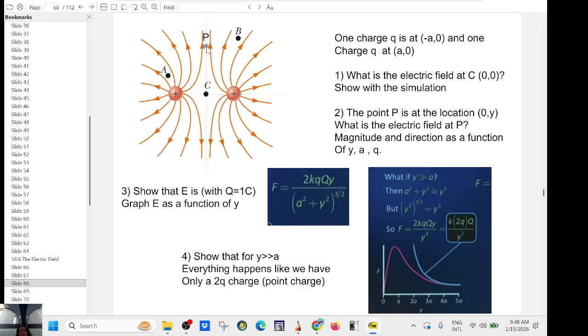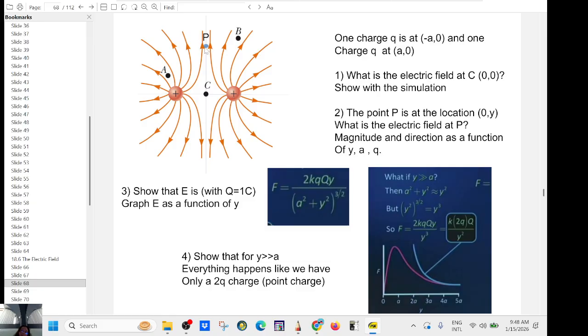Okay, so how do you do it? You're going to place 1 coulomb of charge here, because the electric field is a force per unit charge, and you're going to find the electric field using your vector skills, because I told you to review that. The distance here is y, so that's a given. That distance here is a. Between here and there, it's going to be a, and this is y. So it's an isosceles